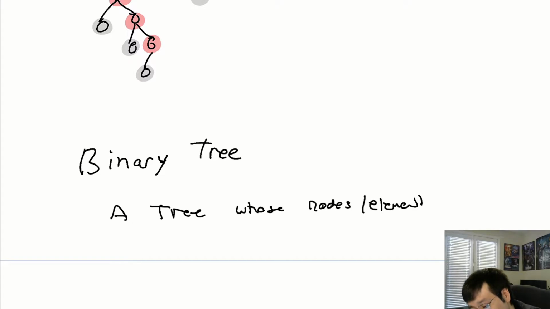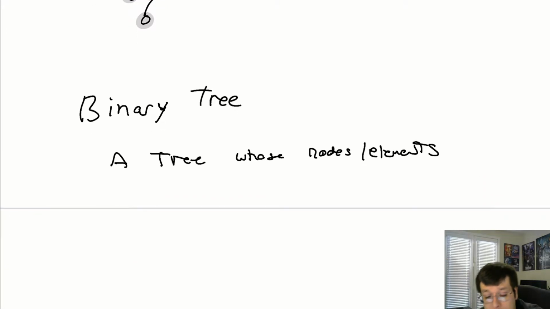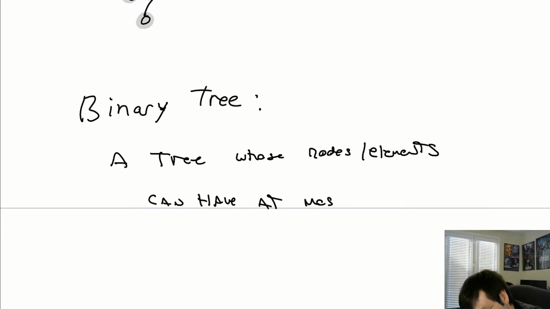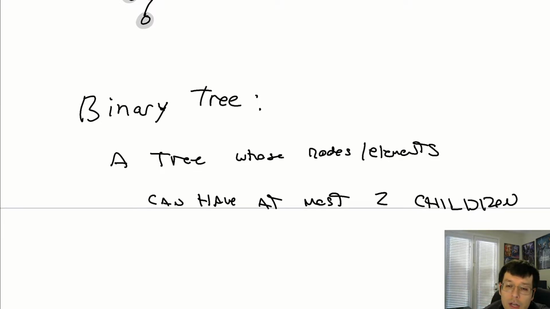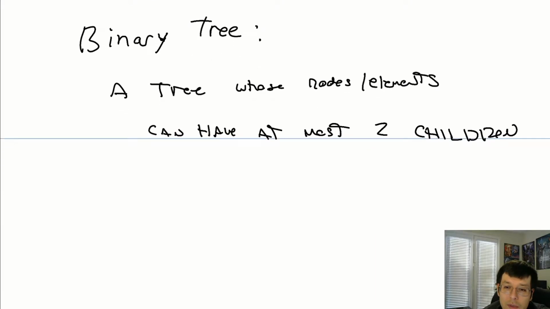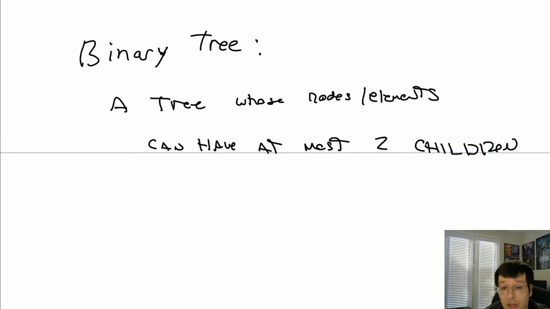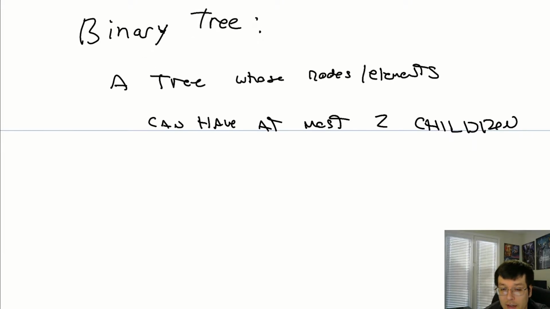They use the word elements in Geeks for Geeks, so I'm going to put that word there as well. But yeah, a binary tree is a tree whose nodes can have at most two children. Think about when China had the one child law. That would not be a binary tree, I guess, but a unary tree, because unary, as the name implies, means one child at most, okay? This is not as strict as China, but well, China changed that law, by the way.